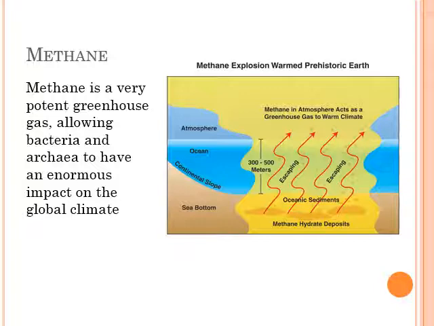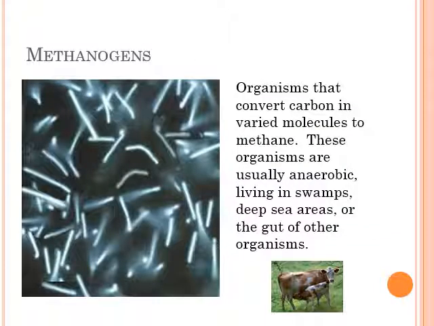Carbon dioxide stores some of that heat energy. But methane stores much, much, much more of it. To the point where in the ancient Earth past, we had a lot of methane in our atmosphere. Once carbon dioxide was produced instead of methane, the temperature dropped dramatically and froze the Earth. So this methane that's produced and consumed by bacteria can actually produce enormous changes in the atmosphere. A methanogen is an organism that converts carbon to methane.